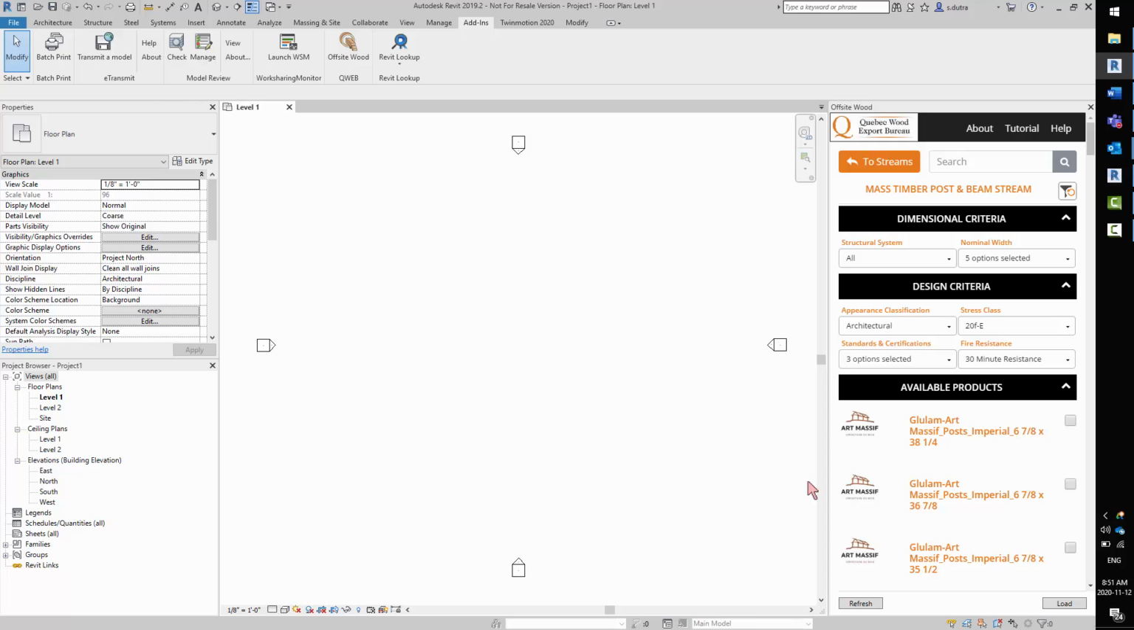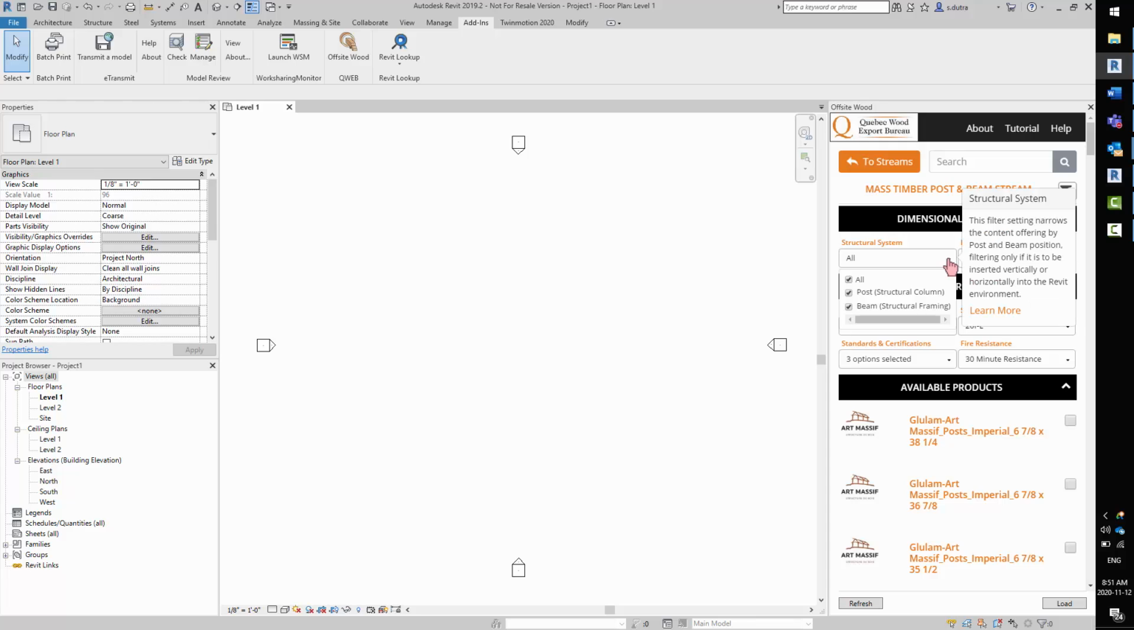For the mass timber post and beam stream, the different classifications that we have are dimensional criteria, design criteria, and available products. For the dimensional criteria, we have the structural system filter as well as the nominal width filter. These two filters will allow you to choose between a post and beam or both,